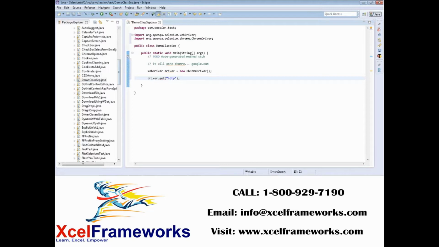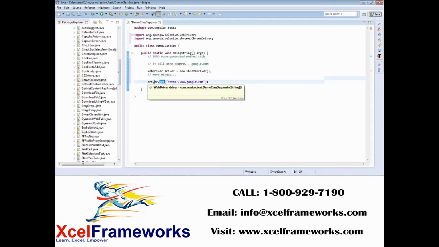Yeah, it just opens the web browser, not the web page. Now, when I say driver.get, it opens the page. That is fine in terms of, as you said, it opens Chrome, Firefox. But in terms of Java, I'm asking what exactly it means: somebody has created an interface, and I'm going to create an object instance for that. Whenever I create an object of a particular class, I get exposed to more methods that they have written. That method is called get. Get is a method of this particular object.